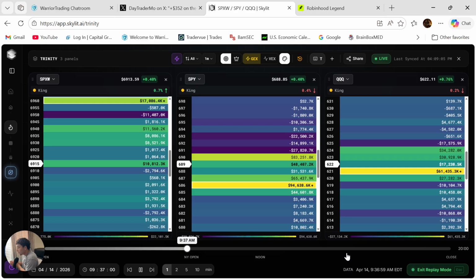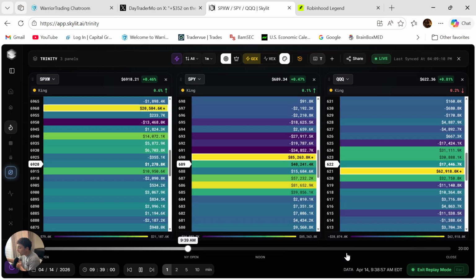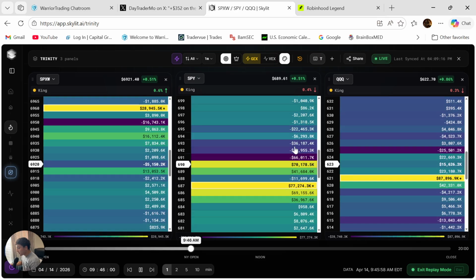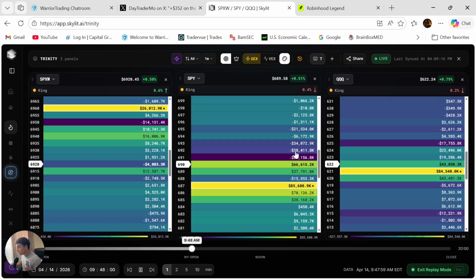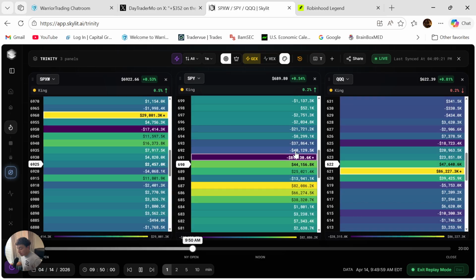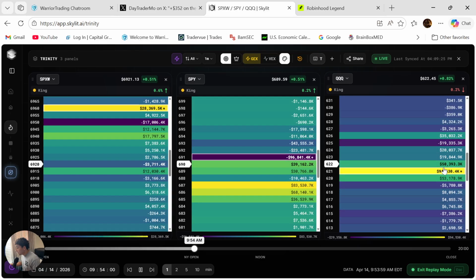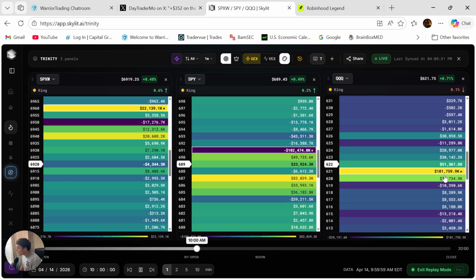I'm also looking at QQQ, checking out the environment. Right now SPY is looking like a negative gamma environment, with our king node at the top. This is really good. This means there's going to be a lot of potential volatility, increased volatility, and the trend will follow through. If there's more of a positive gamma environment, like we're seeing in QQQ, it's going to be a little bit choppy, which it did seem a little bit in the beginning.